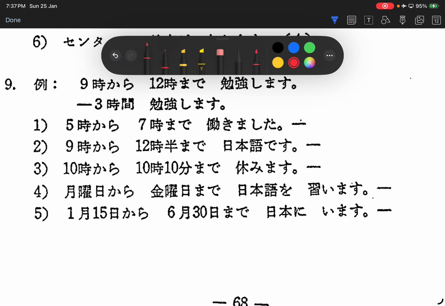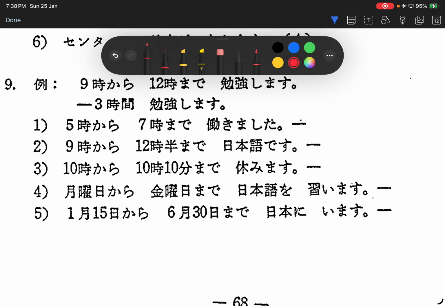No, it's not. The calendar day is very similar. 5日 is the 5th day of the calendar. So for that one we say 5日間習います。 Learn for a duration of 5 days. 5日間習います。